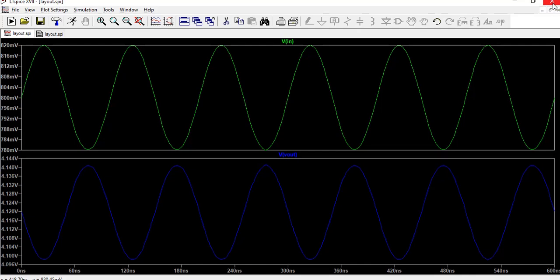Basically we understood the concept of building the schematic as well as layout of the common source amplifier circuit with the help of the Electric tool. So in the next lab we are going to continue with the common drain amplifier, and we are going to perform similar operations wherein we are going to see how to start the common drain amplifier with a schematic first and then coming down to layout.